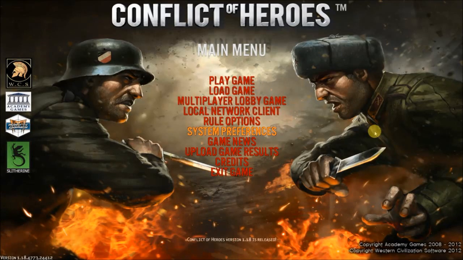Hello and welcome to this Let's Play for this game, Conflict of Heroes, Awakening the Bear. To give it its full title, Conflict of Heroes, Awakening the Bear, Russia, 1941-1942. You can kind of tell from these unfriendly looking folk on the main screen that this is a war game. It's a war game about people who don't like each other very much, and it's actually based on a fairly famous board game. It looks like a board game, it actually plays like a board game in some parts,